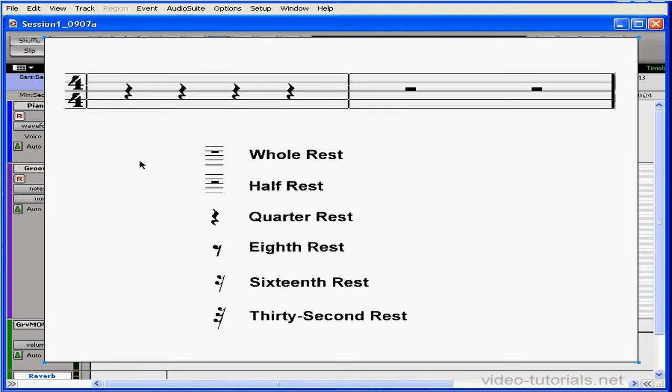Now let's take a look at rests. They follow the same mathematical logic as notes, but instead of representing sounds, they represent silence or the absence of sound. Here's a chart of rests. You see that the nomenclature is the same: whole rest, half rest, quarter rest, eighth rest, 16th rest, and 32nd rest. 1 bar can have 1 whole rest, 2 half rests, 4 quarter rests, 8 eighth rests, 16 16th rests,